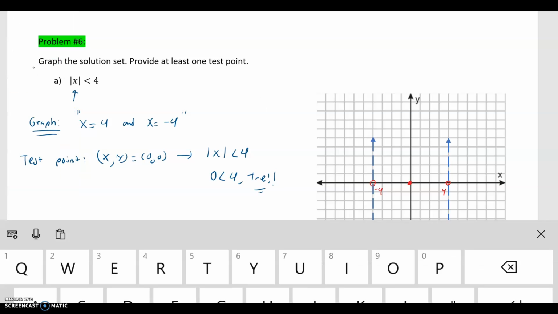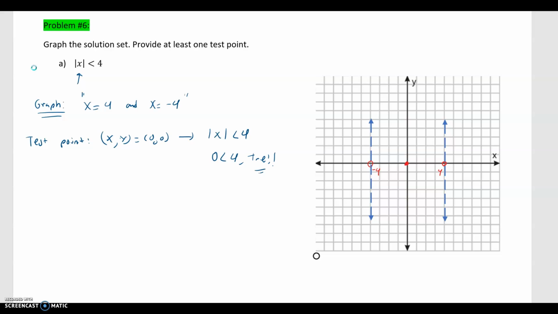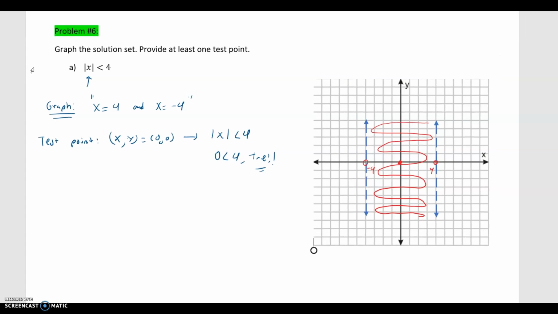And in this particular situation, we're looking at all the distances that are less than 4. So not just any value less than 4 or less than negative 4, but all the coordinate points that are in between here. So this is what problem 6a is going to look like. All the distances x and y that happen to satisfy x less than 4,